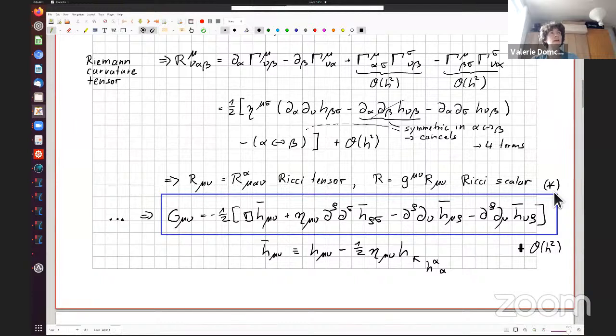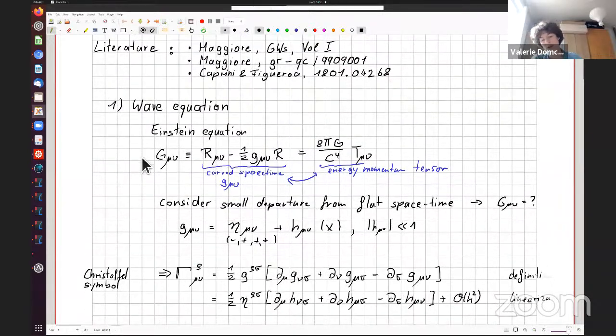I repeat that the goal here is to derive an equation of motion for this metric perturbation, which at the end of the day will be the gravitational waves. That will tell us how gravitational waves are related, by the Einstein equation, to the energy density in the universe. And at the very end, on Friday, it will show us how we can use gravitational waves to probe particle physics, because all the particle physics is in the right-hand side of this equation.